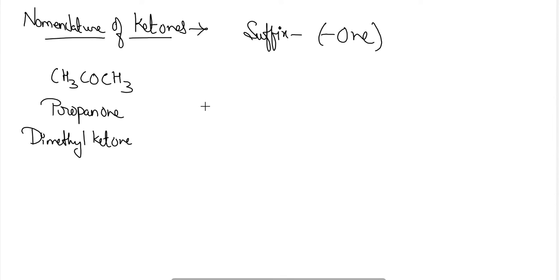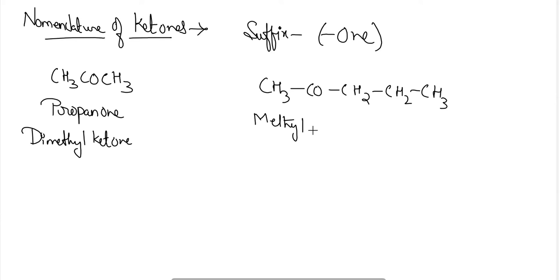Dimethyl ketone. Okay. Next, CH3 CO CH2 CH2 CH3. Here you can see that this was a symmetric compound, so it was used as dimethyl here. But here you can see that an unsymmetric compound has been found. So for an unsymmetric compound, the name of this compound will become methyl,